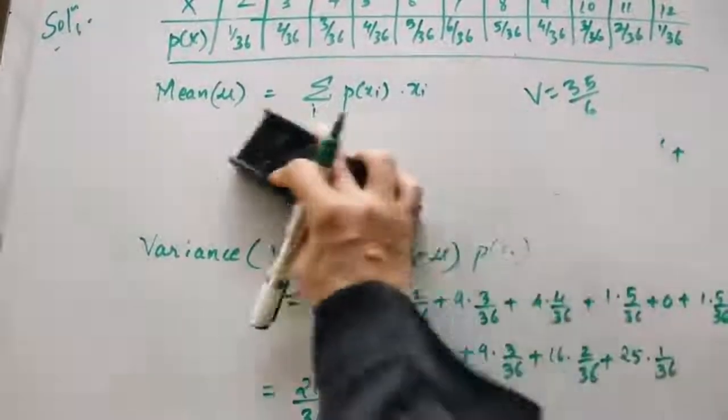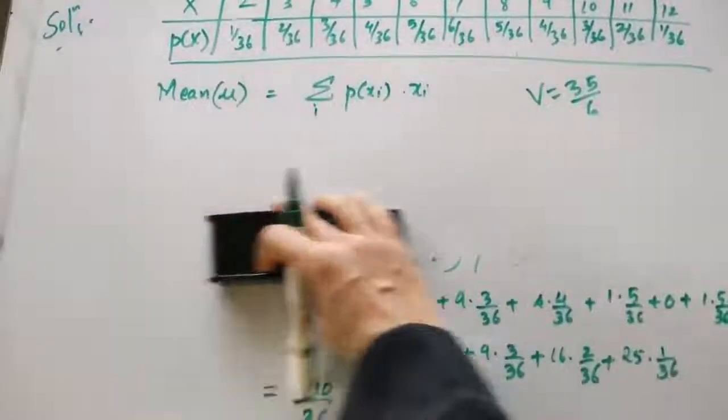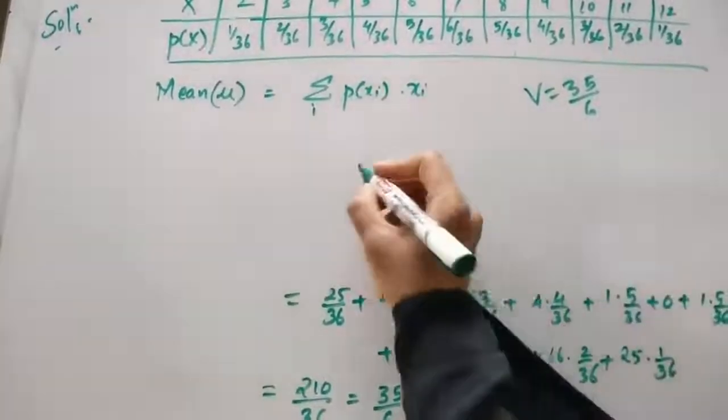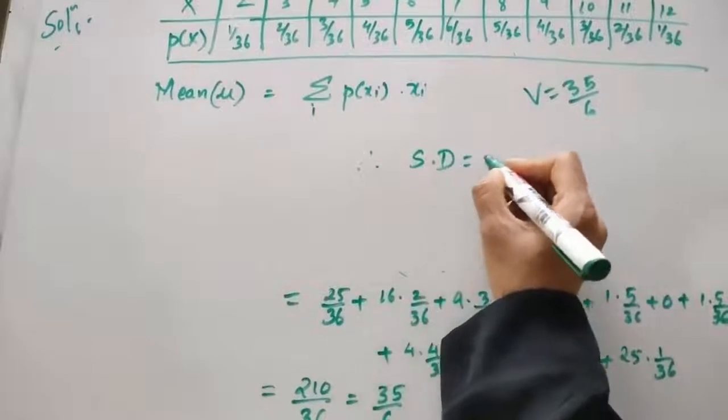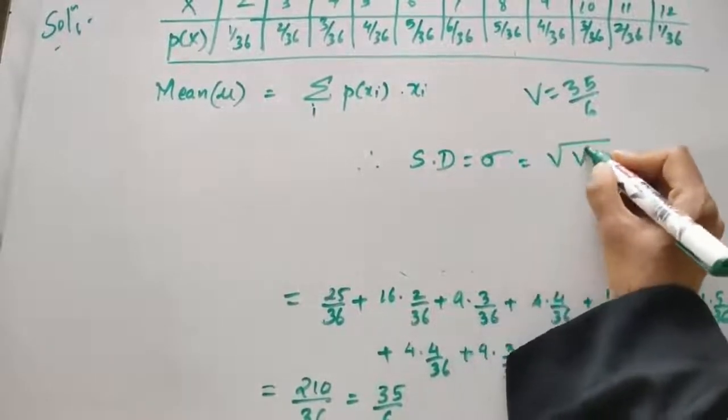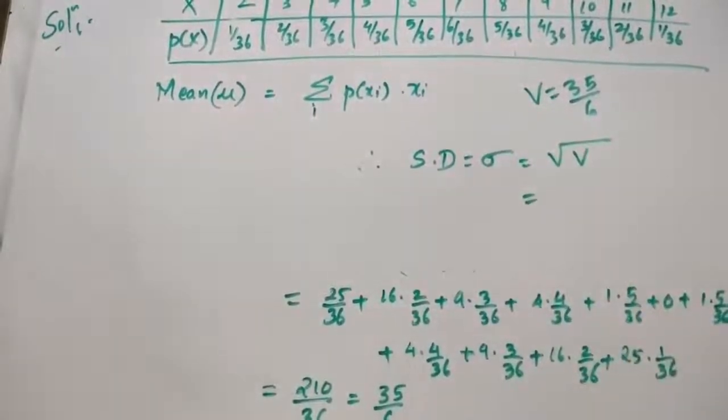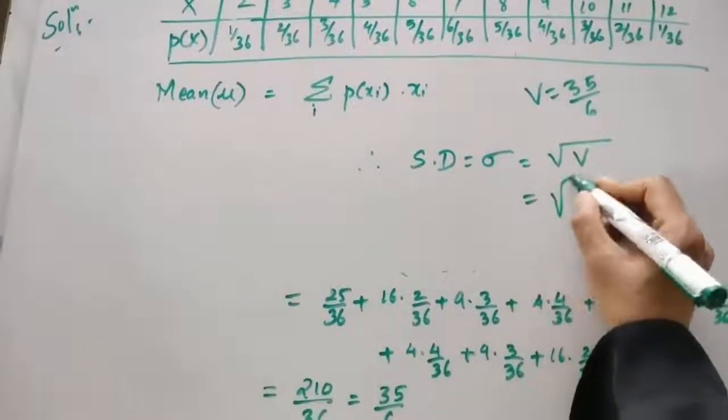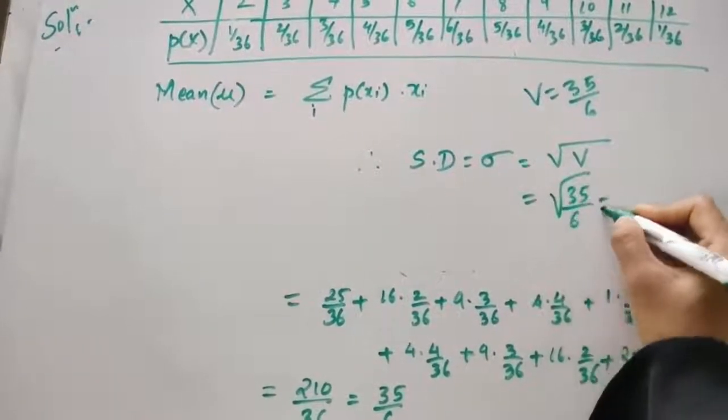I hope I can erase this now because I don't need it any longer. So therefore the standard deviation SD, sigma, is given by root of the variance, which is equal to root of 35 by 6, or it comes